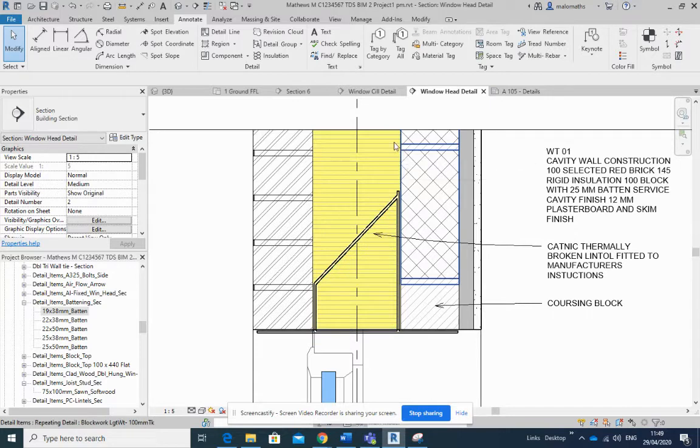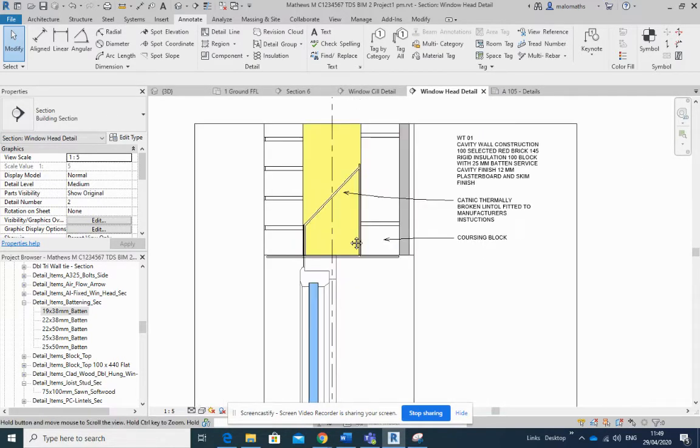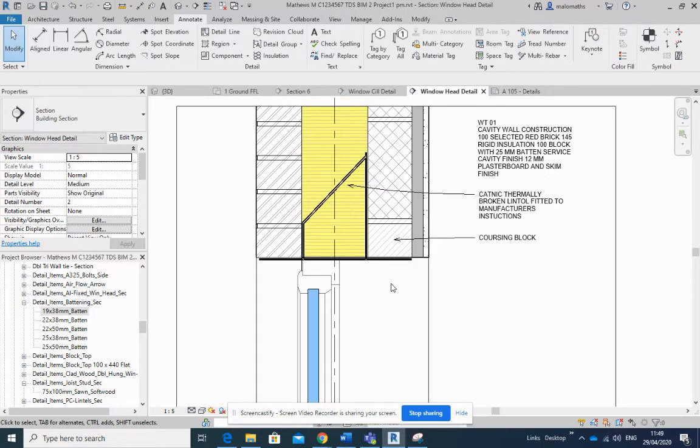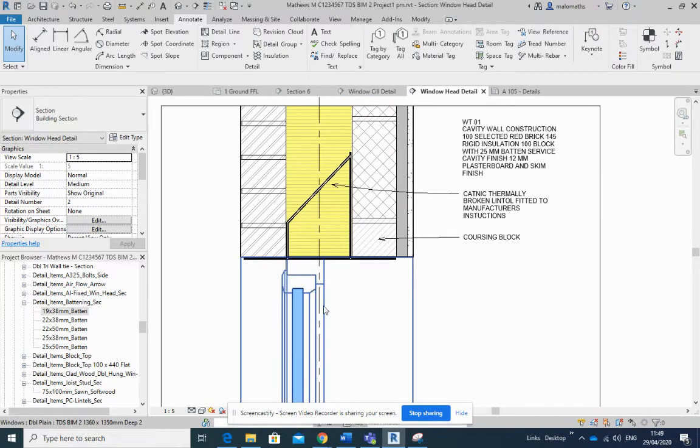You will remember that we created a fill region for our rigid insulation. So I've created a fill region here and a fill region there in order to indicate that. Now, to keep this going, what I need to do now is fill in this area here. Now, I notice some of you are doing aluminium clad windows or timber windows, so it doesn't really matter to me which one you use, but in order to get some proper detail in here, look what I'm going